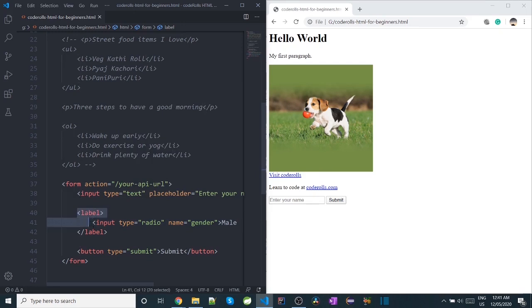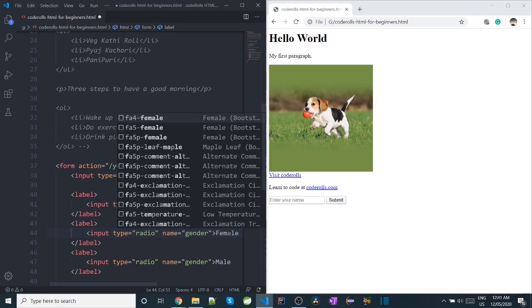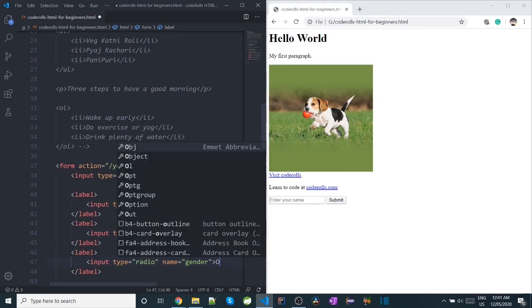Now simply copy your radio button and paste it here. Again. Now change the value. Female and other.